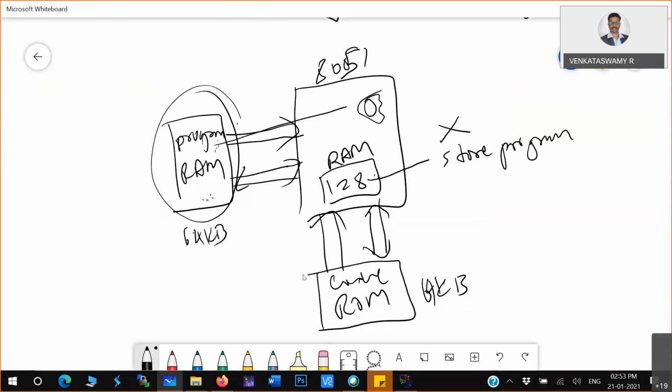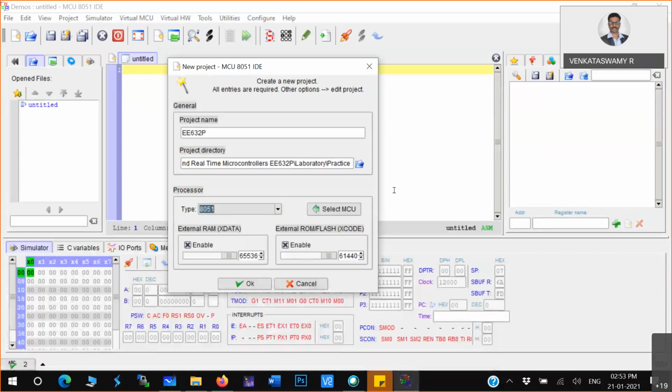Internally you have 4 kilobytes of ROM and 128 bytes of RAM, and only that you can use. That is what this selection is for.